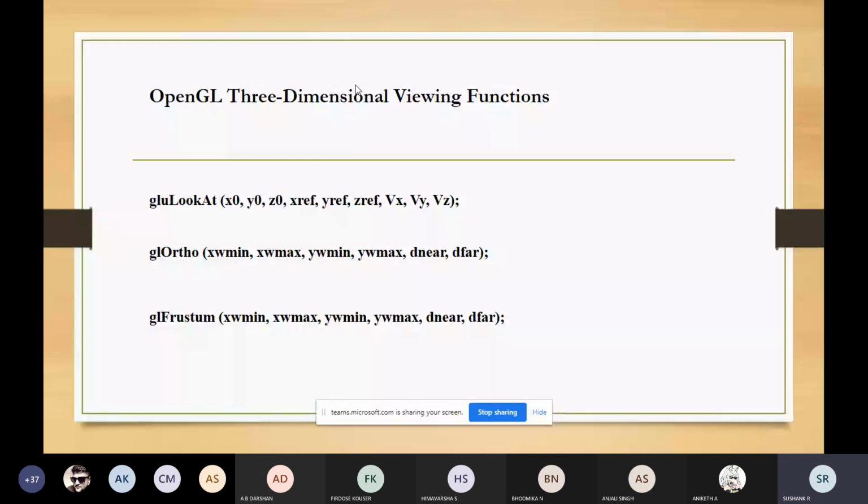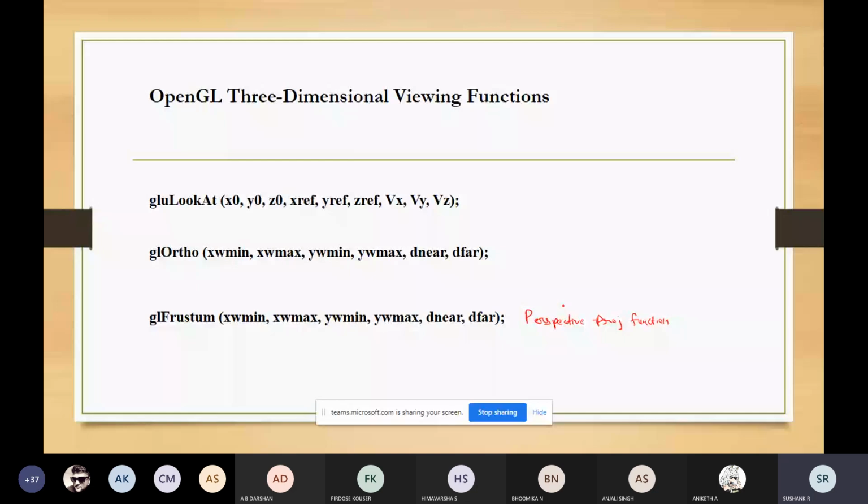Before talking about this frustum, to which category will it come? This frustum will come under the OpenGL perspective projection function.